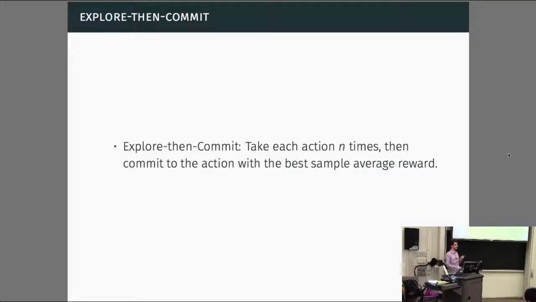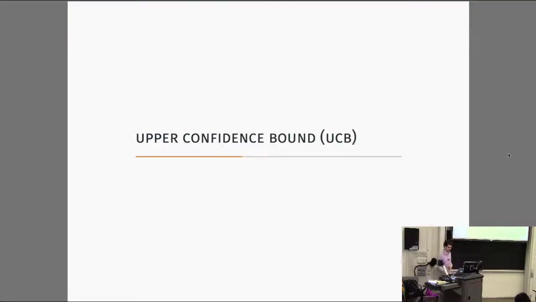So the ordering could matter if we're not using this kind of strategy. But given that we're using this strategy, we can choose to do those actions in whatever order. Yeah, that's a good question. Okay, so the intuition might be that this isn't necessarily best, because we might waste some time on something we've already found out to be bad, because we've already committed to sampling that action n times, right? Or conversely, maybe one action has a high variance, and n isn't sufficient to figure out what the true expectation of that is, right? Okay, so we want to try to do something more clever than this.